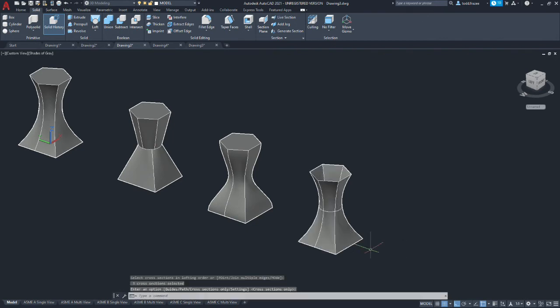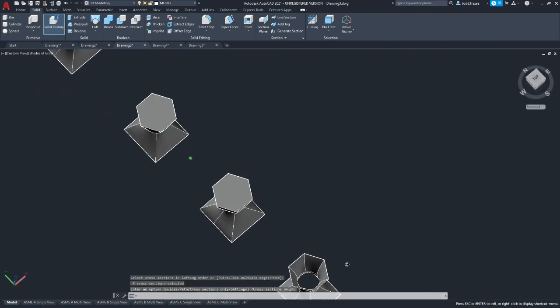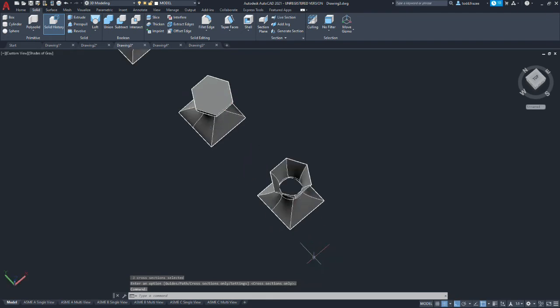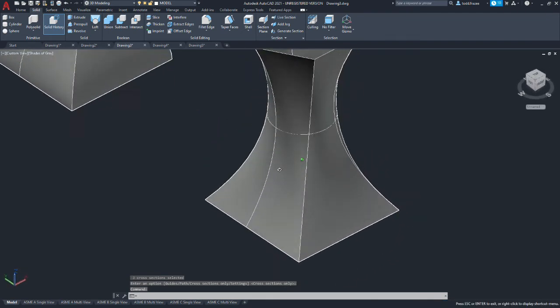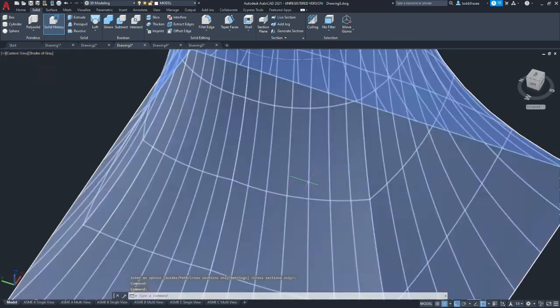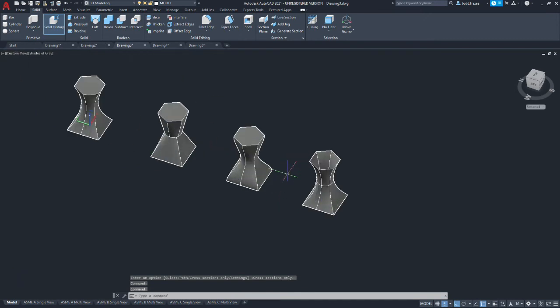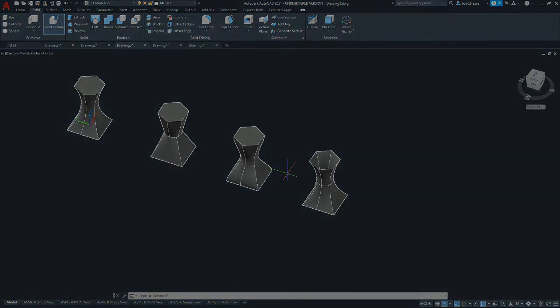And Enter again. And in this case, we now have a hollow surface rather than a solid. So you can force a closed shape to become a surface instead of a solid. But if you started with cross sections that are open, you're going to generate a surface and not a solid.